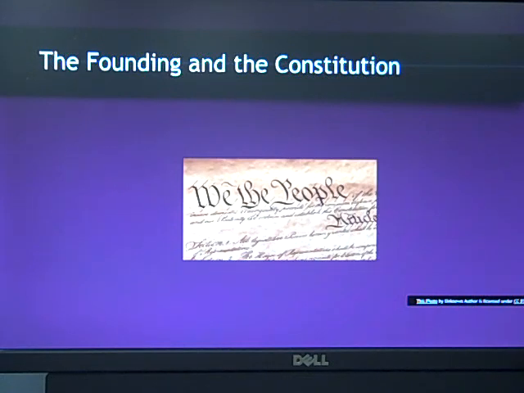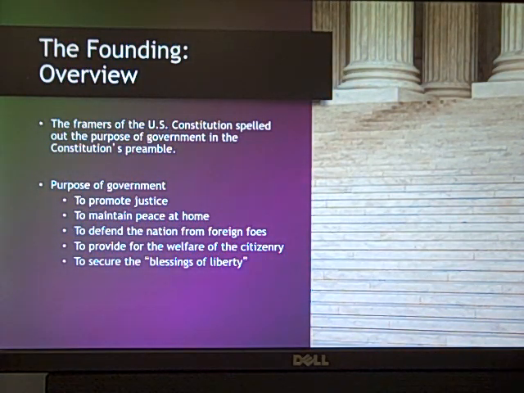This is more specific than it was yesterday. This is going to be covering a lot of the foundational document type stuff that we actually need to go over, right? So some of this, hopefully a lot of this is review for you, because you should have already covered much, if not all of this in a U.S. history class.